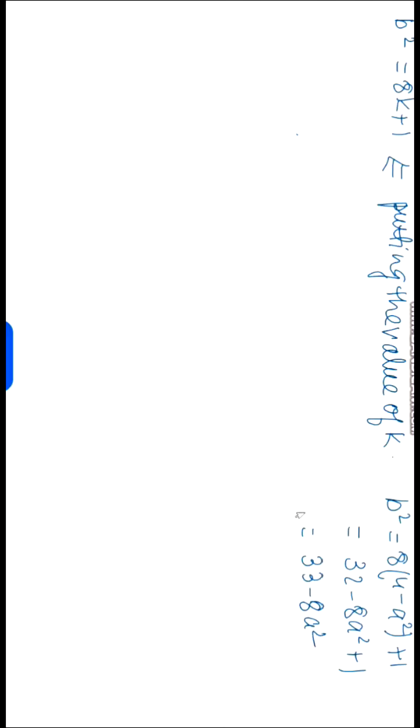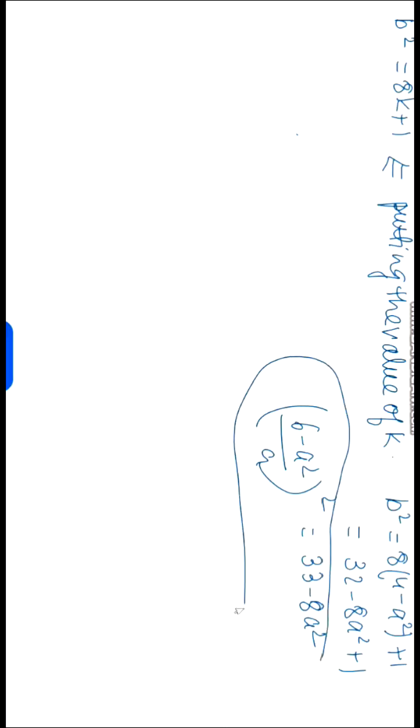Okay, now see, I have b², so I can also write b² as (6 minus a²) by a, whole square. I have this also. See, everything comes in the a format. Has everything come in the a format? Everything comes in the a format. So now I can easily form my equation as